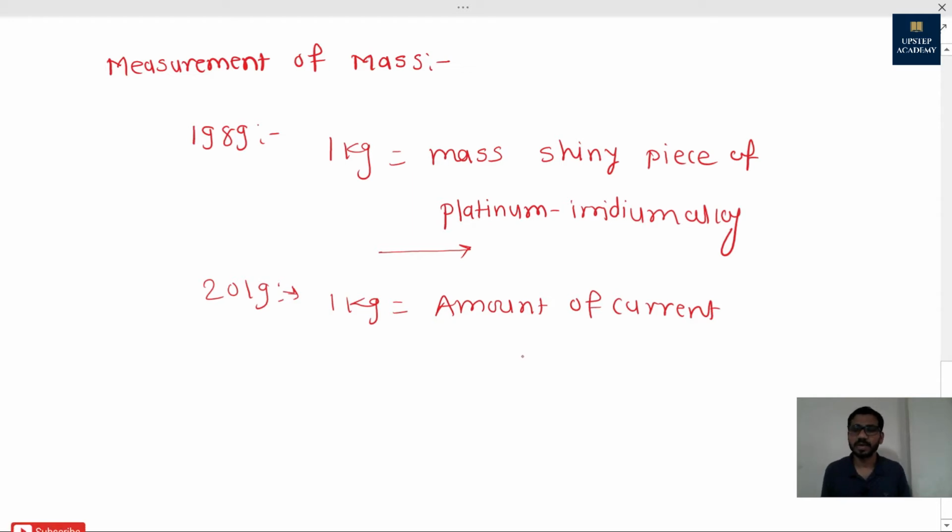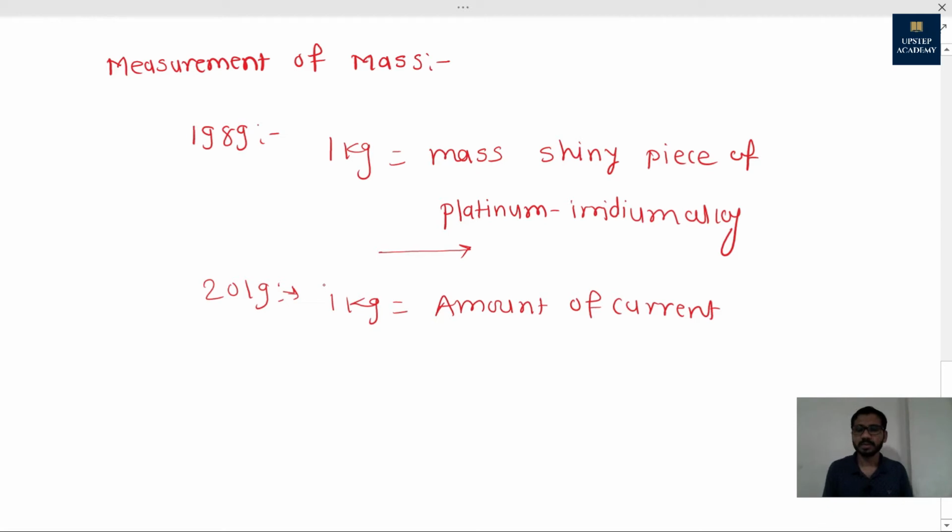so that the electromagnet will pull one side of a precision weighing scale when the standard 1 kilogram of mass is kept in the other pan of the weighing scale. It means to balance the standard 1 kilogram of mass using the electromagnet, and the amount of current which has to be passed through that electromagnet at that time is nothing but the 1 kilogram. So this is the new precise definition which came into existence in 2019.